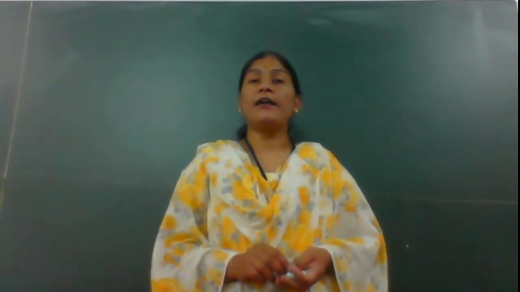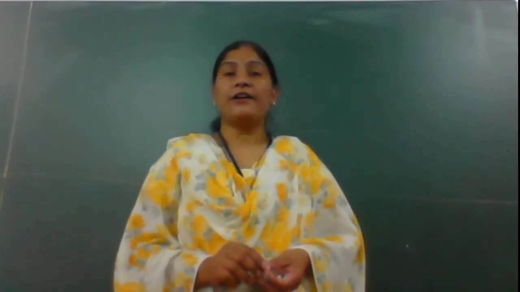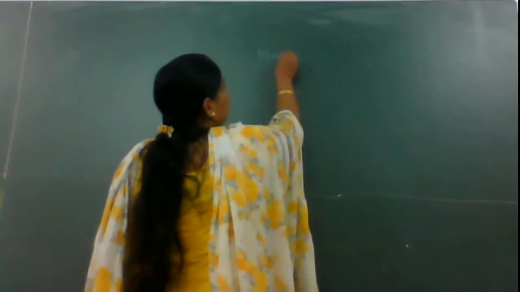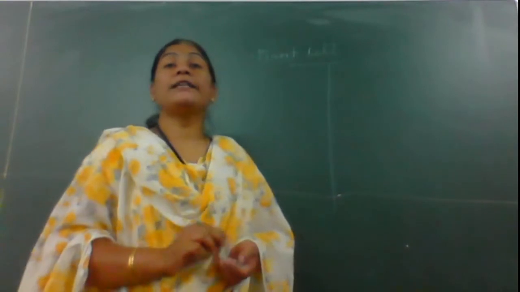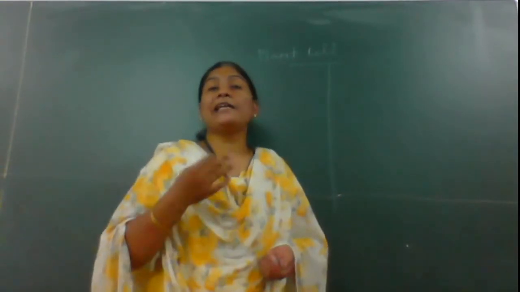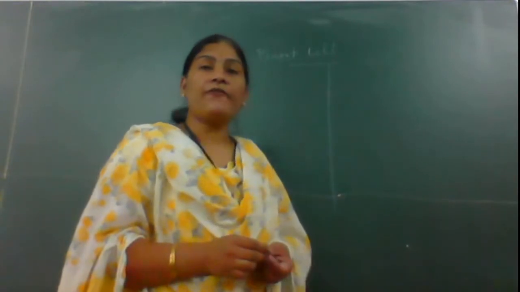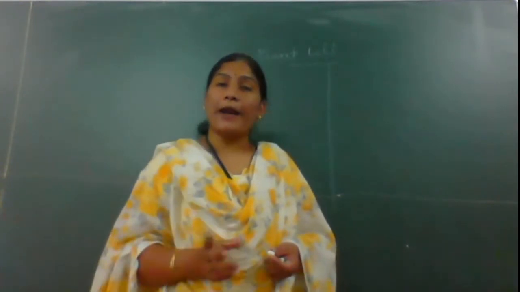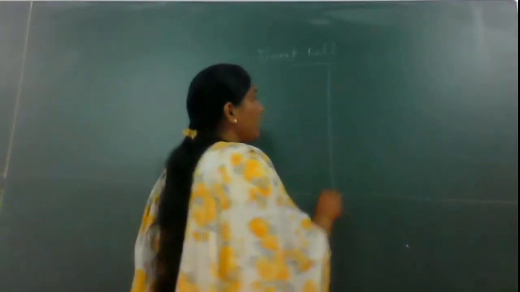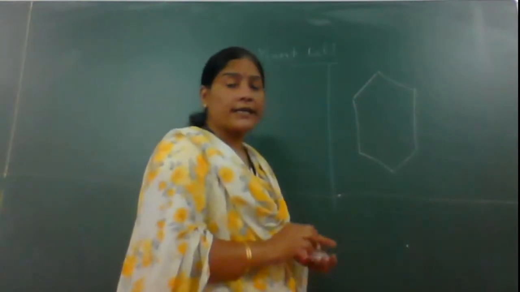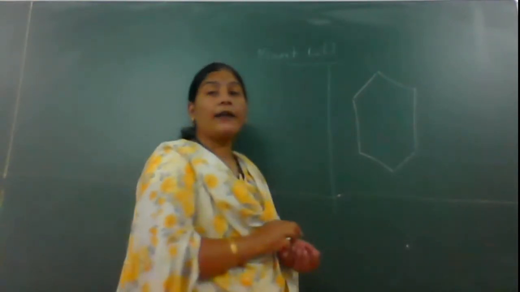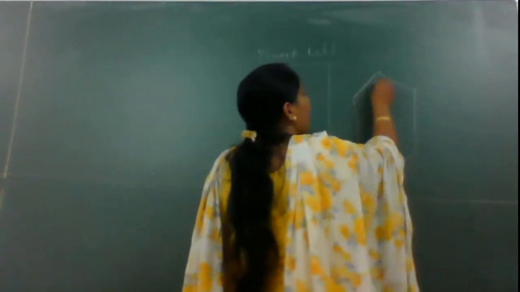Today we are going to learn about the plant cell structure and its function. We learn about the details of the plant cell and its structure. When we draw the diagram of a plant cell, it is drawn schematically like this. This is a plant cell. In the plant cell, there is a fluid-like matter that we call the cytoplasm.